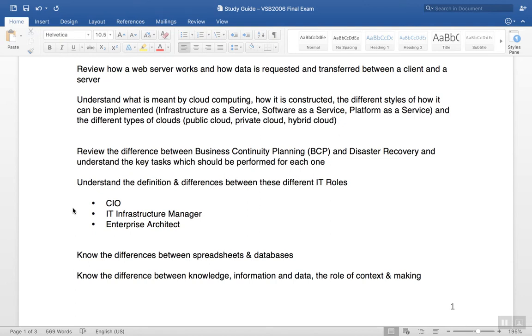Information is the transformation of data, the application of context to data to be able to translate raw data into measurements and the kind of material that decisions and analysis can be made on. All right, so the whole idea of data processing is that you are taking data and turning it into information. Knowledge is another tier above information, where very specific